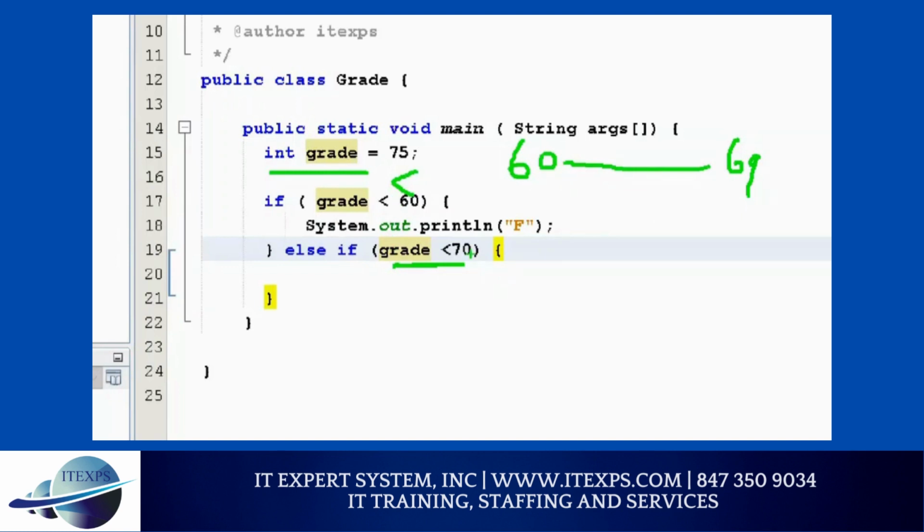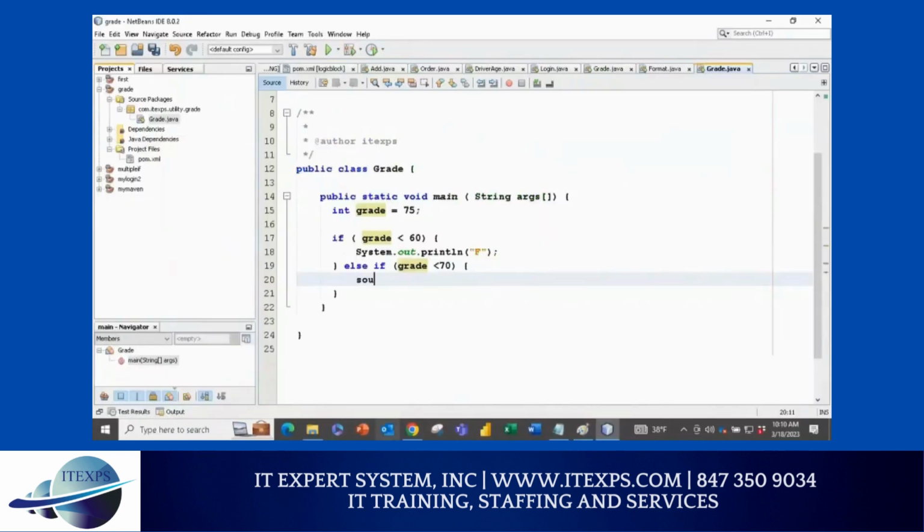Make sense? So I write else if, and then I write a condition. These two conditions go hand in hand. If it is 55, first condition. But if it is 62, it will not go there, it will go here. 62 less than 70, yes. So in that case, we'll write System.out.println and tab, and then we'll say D grade.